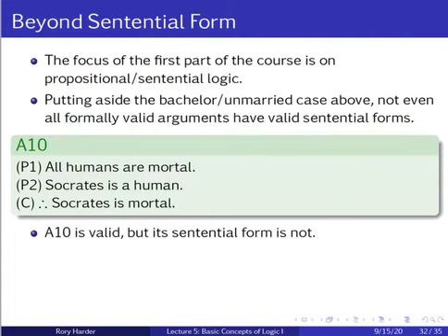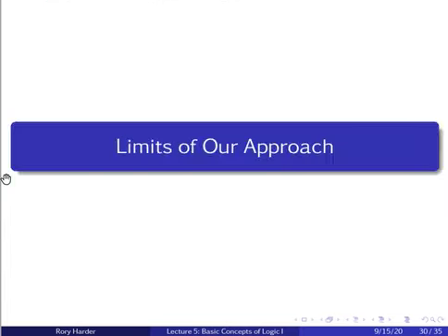However, let's say we wanted to capture this argument in its sentential form. And again, how that would work is that we replace the atomic sentences with sentence letters. But now, what we should see is that each of these premises and conclusion is itself an atomic sentence. None of these contain sentences as their parts in the way that, for instance,